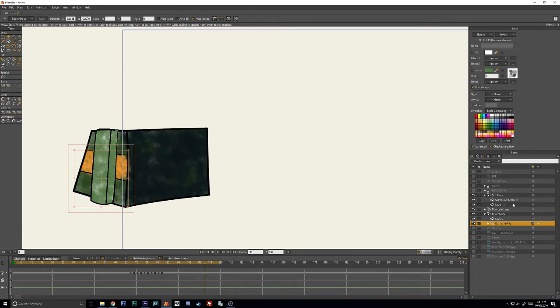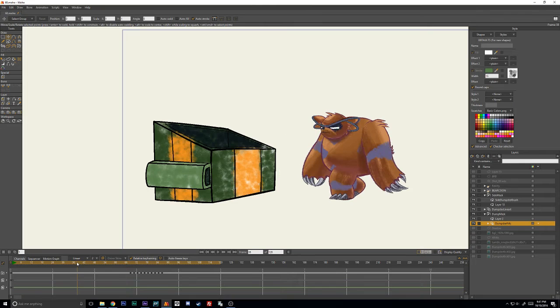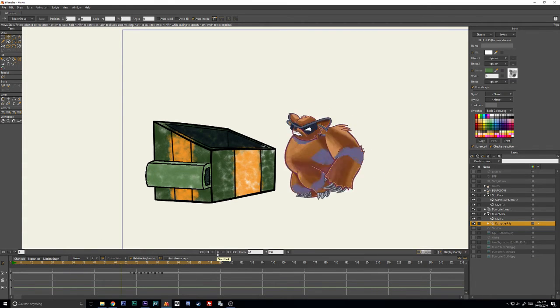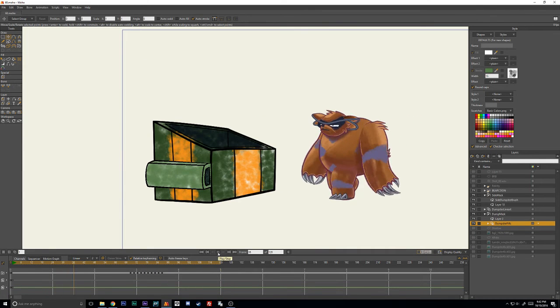Yeah, okay, and then let's do it with the character too, just so you can see. So now I've got this character visible, and she's got a whole lot of the same thing going on, where she has all these different strokes that are applied to her different body parts. So I'm going to save this first, and then try playing this back now, but it's going to be a little choppy. Well, it's not so bad, actually. I guess getting this new computer set up was worth it, but